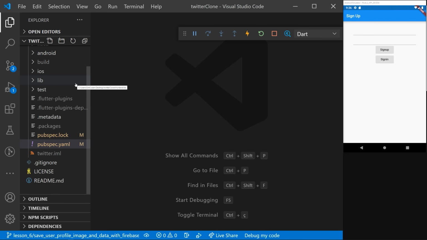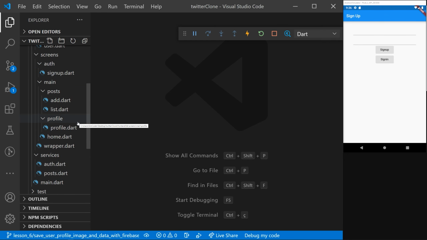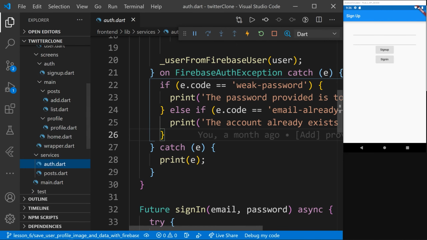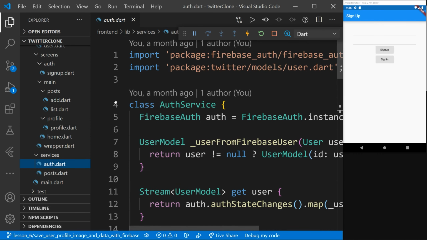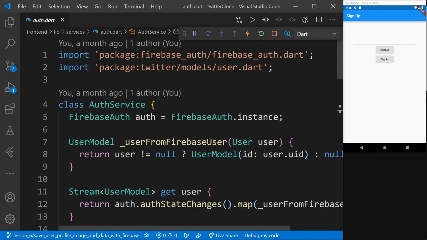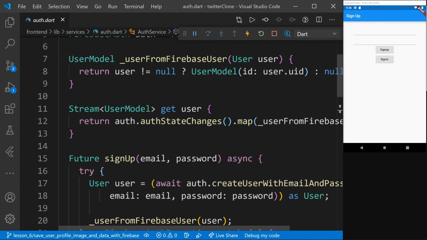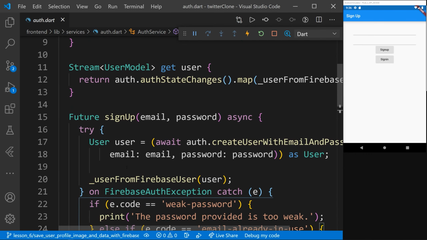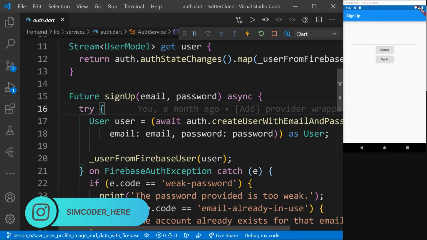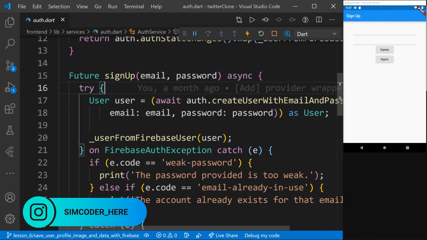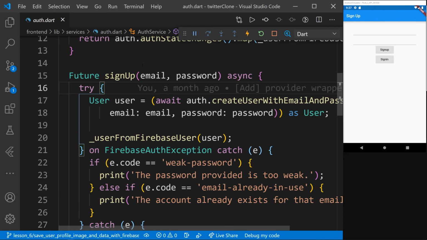So now what we are going to do is go into the service, better yet. Okay, and we are here because we hadn't created the user in our Firestore database, so we must create it now. I will ask you to delete all the accounts that you have, and make sure your database is clean, and we are going to create an instance of the user in our Firebase Firestore database. But before that, and that's done in the sign up, we have to handle one small bug